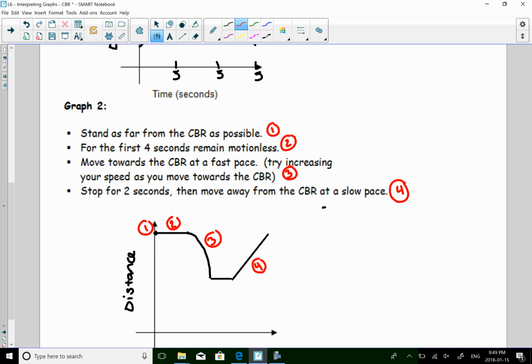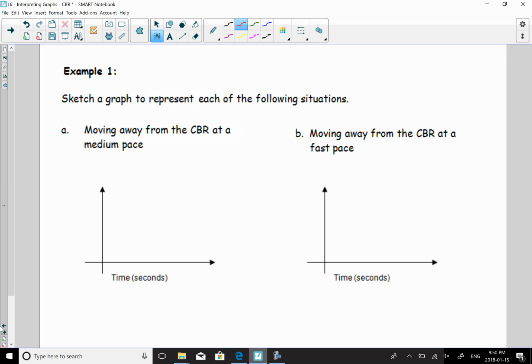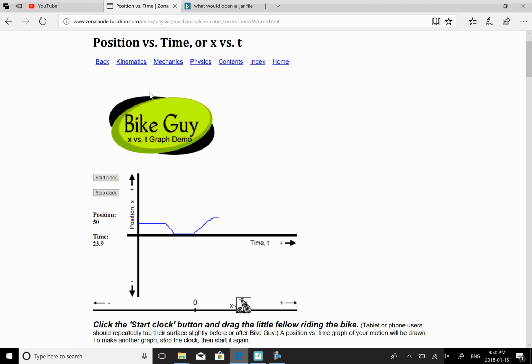So now we're gonna sketch graphs to represent each of the following situations. Moving away at a medium pace. So just moving away